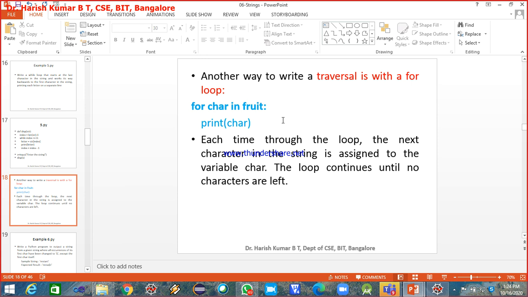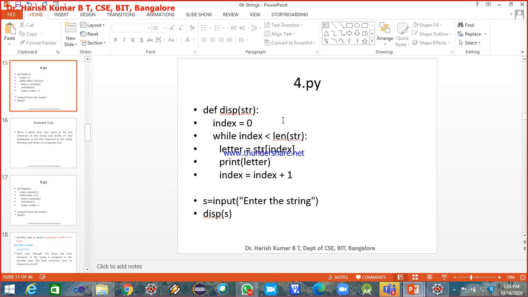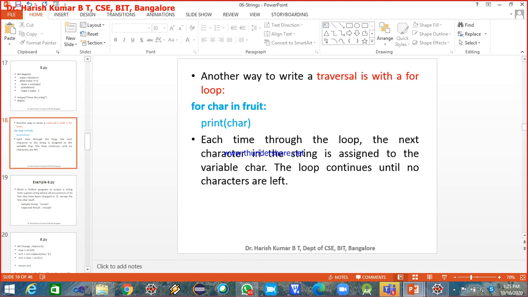If you're using a while loop, you can control it. Say I don't want to iterate through all the characters of the given string, but want to start from the character at index 5. Then I can initialize the index to 5 and start iterating from there. But with a for loop, it is not possible to iterate a partial string. You have to iterate the complete string.